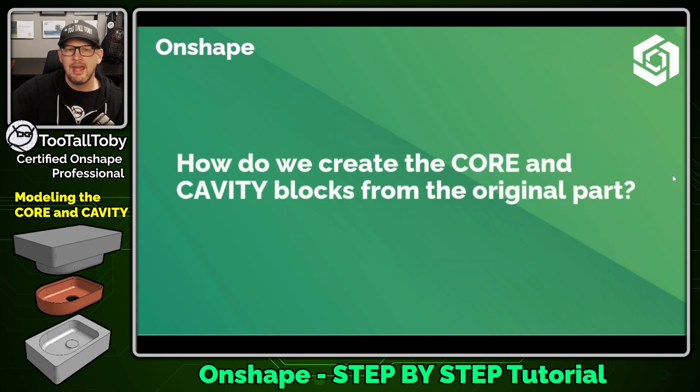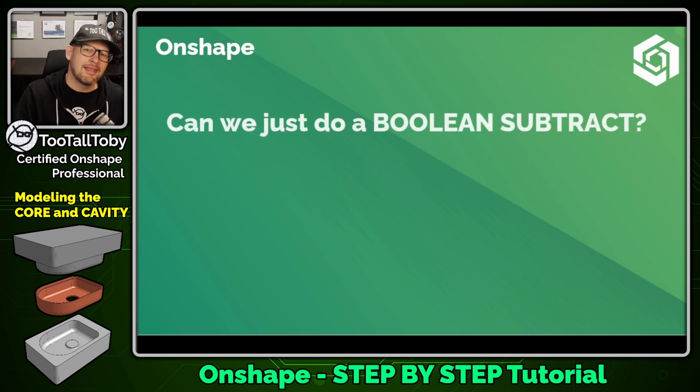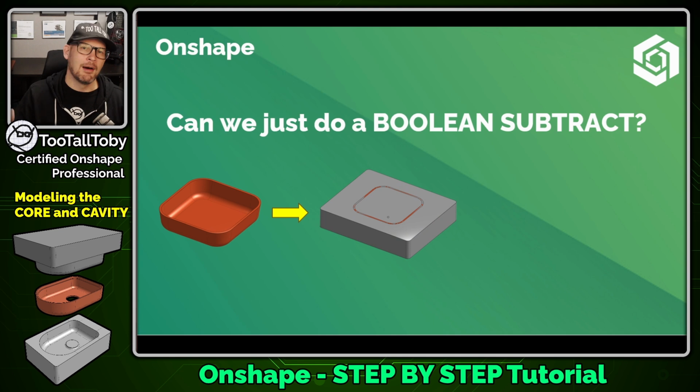Now the question is, how do we create the core and cavity blocks from the original plastic part? And one way you might think of doing that would be to perform what's called a Boolean subtract. That means that we would have the original part, we would take that original part and then add a block of steel surrounding that original part. And then we would perform a Boolean command where we subtract the material of the plastic part from the steel